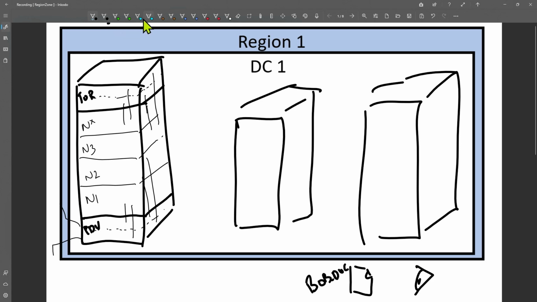So in this case, that file is going to be written 3 times. Now imagine if it put those 3 copies onto 3 different nodes within the same scale unit. They would be in the same fault domain. So if I had a failure and for some reason that scale unit went down, I would lose access to the 3 copies. What Microsoft does is we spread the 3 copies across 3 different fault domains within the same